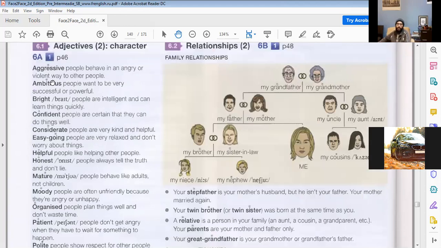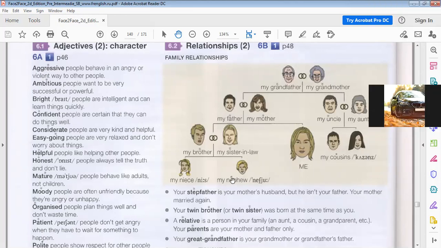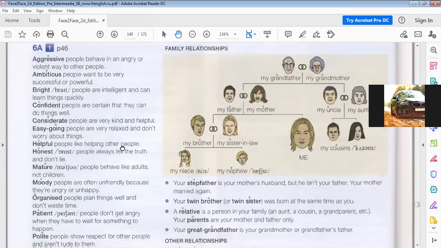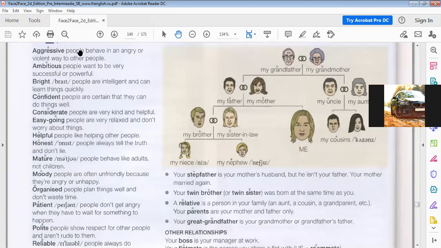So let's take a look here. Now, okay, Rashid, can you read some of these definitions for us? And then maybe someone else can translate them so we can know them in Arabic. So can you start here, please? Can you tell us what this means? Aggressive people behave in an angry or violent way to other people. Correct. What do you think this means in Arabic? If someone is angry or violent in the way they act or in the way they talk,